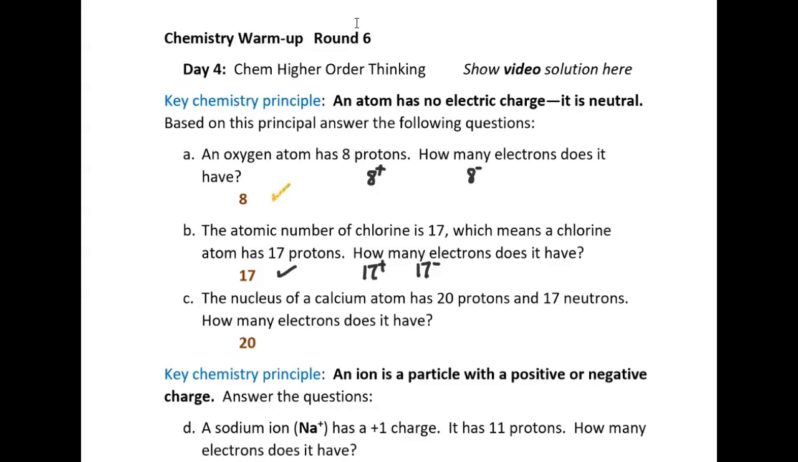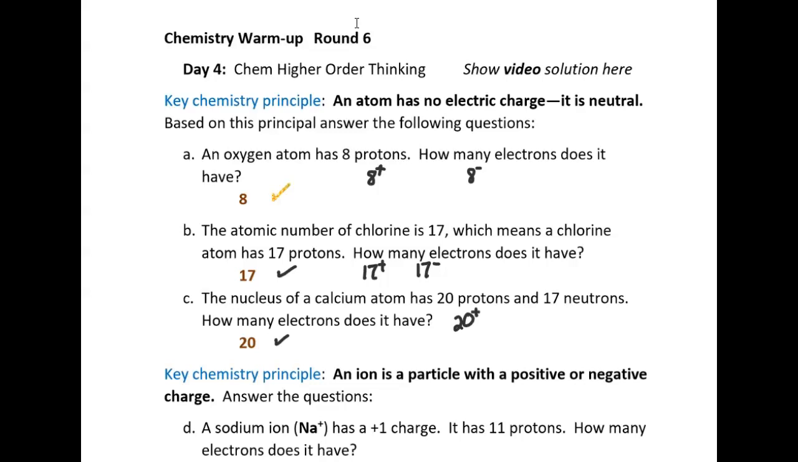Question C, the nucleus of a calcium atom has 20 protons and 17 neutrons. How many electrons does it have? It has 20 electrons. If there are 20 protons in the nucleus, then the positive charge in the nucleus is